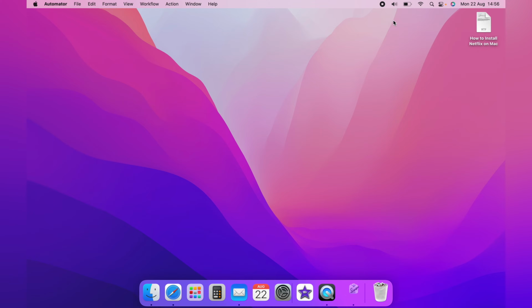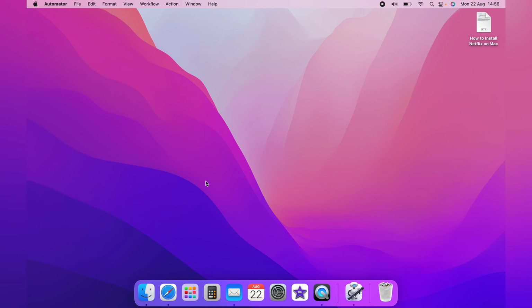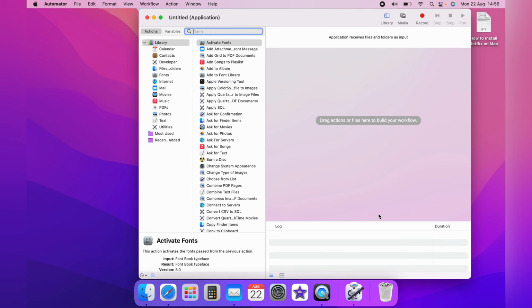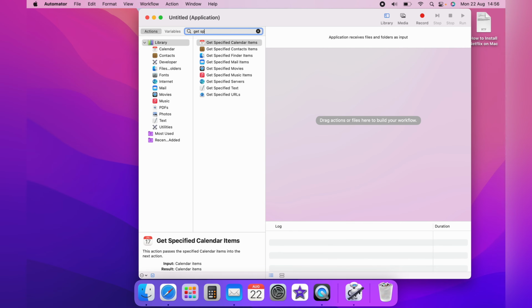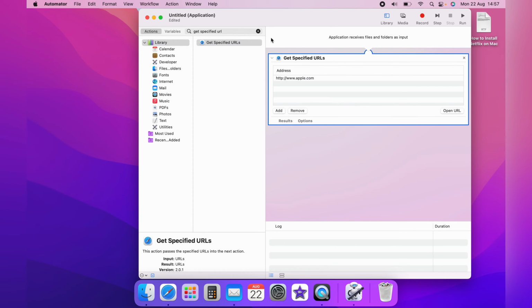So first, we want to head up to the Spotlight search and search out Automator. And now with Automator up, you want to click Application here at the top and then come down and select Choose. Now the first thing we want to search out here in the search box is Get Specific URL. Now with this brought up here, you want to click it once and hold it and drag it into this